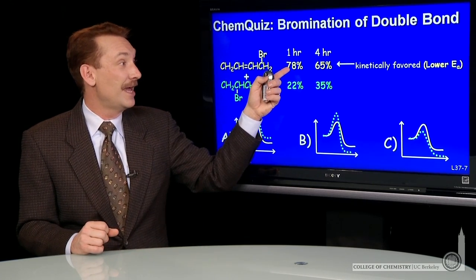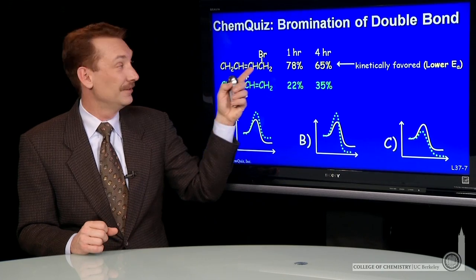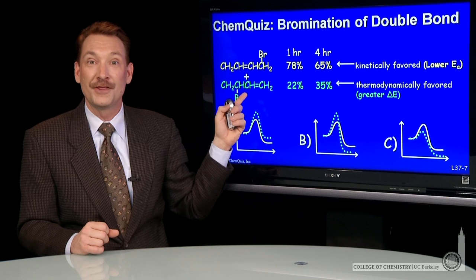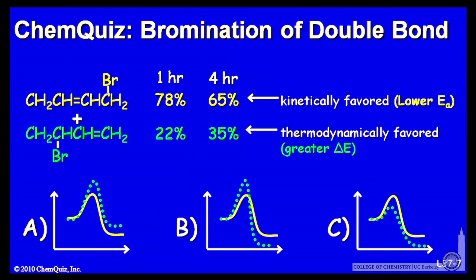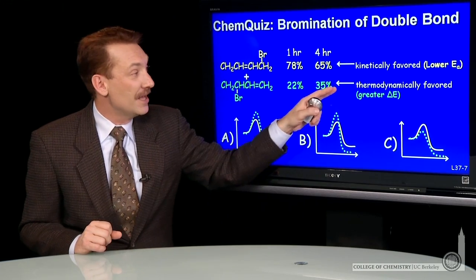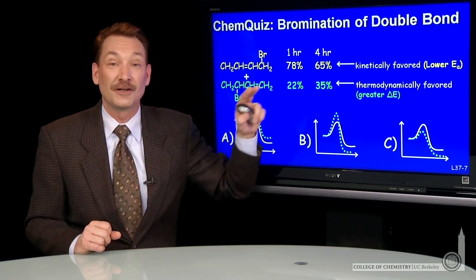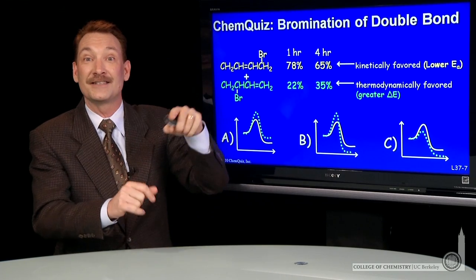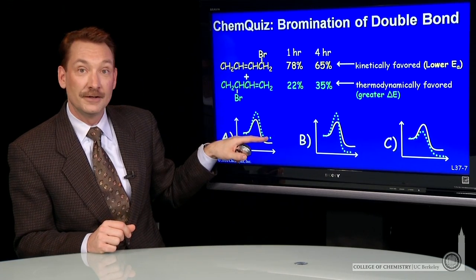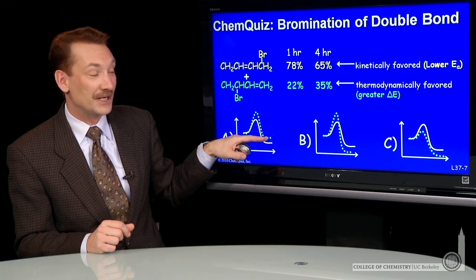So you have a kinetically favored 1-bromo and a thermodynamically favored 3-bromo. Well, kinetically favored means you have a lower activation energy. So we should look for a plot where the yellow solid line has a lower activation energy. So C is out. The thermodynamically favored means there should be a larger difference in energy between the reactants and the products. So if you look here, there's a smaller difference between the reactants and the products in the green